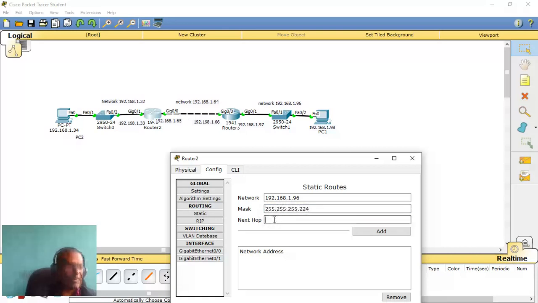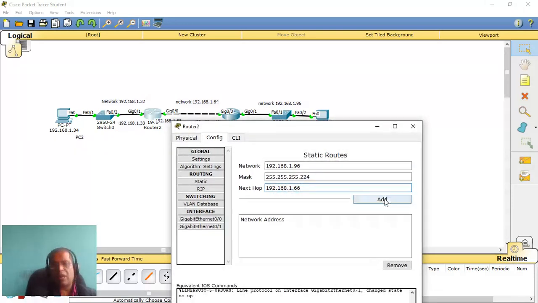And what is the next hop? The next hop is this interface, right? For this network, through this interface only it can get into this network. So that is going to be the next hop IP address, 192.168.1.66. So we are going to add this as a route in this router.